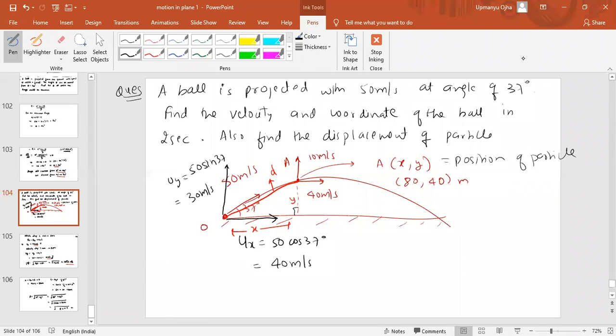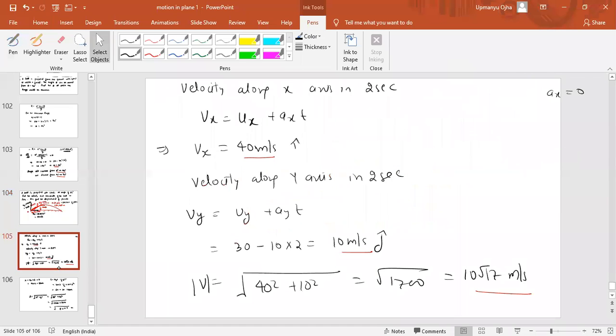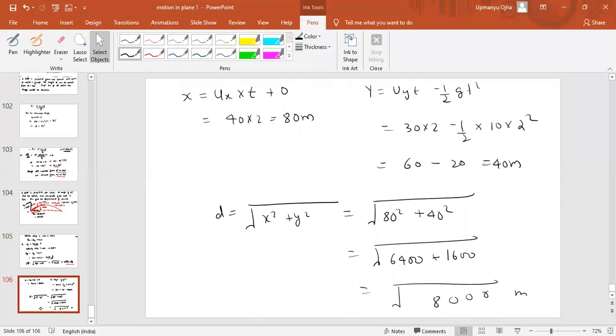No, it is not the same as displacement. Displacement you can write as 80 i cap plus 40 j cap. Yes, that is correct. You can write displacement as 80 i cap plus 40 j cap. Here I find the magnitude of the displacement, which is square root of 80 square plus 40 square. Okay, fine. Any doubt in this? This is the magnitude here. In the vector form, it would be 80 i cap plus 40 j cap.